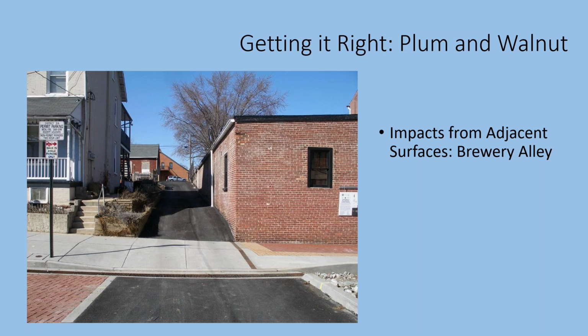So what we did here is we worked with a grant funder specifically to work with private property owners, because again, I mentioned this is a private alley. The city does not own it. We still do not own it, but we worked out agreements with all of the property owners to go in and make improvements here so that we could, one, address the additional stormwater which was coming off of this particular adjacent site, and two, increase our volume capture and pollutant removals for this particular project. So this project actually added about 500,000 gallons of stormwater that we're intercepting from our system every year, and it improved the conditions in that bioretention cell downslope markedly.